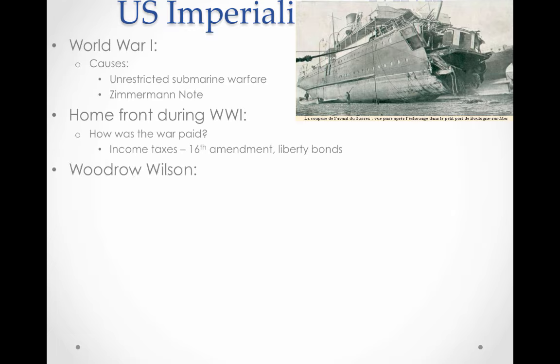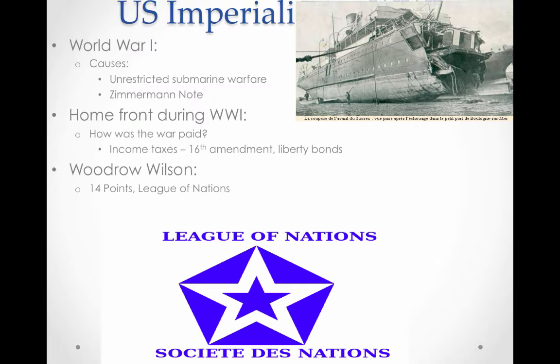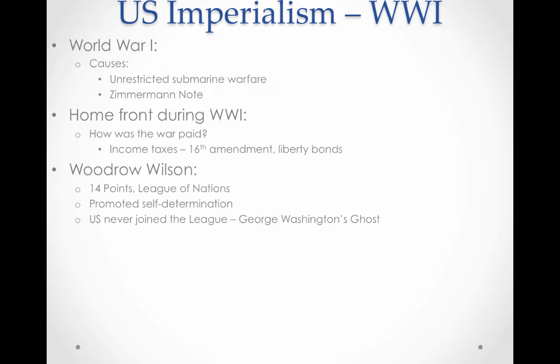All right, let's talk about Woodrow Wilson, president during World War I. At the conclusion of it, he had his idea known as the 14 Points, which creates the League of Nations, which is an international organization to try to promote peace and collective security. Now, one thing he was very big on was self-determination, this idea that countries should be able to decide for themselves their own leaders. And this was a very controversial plan, not only in the world, but especially in the U.S. And ultimately, even though the creation is because of Woodrow Wilson, the U.S. never joins the League because of George Washington's ghost.